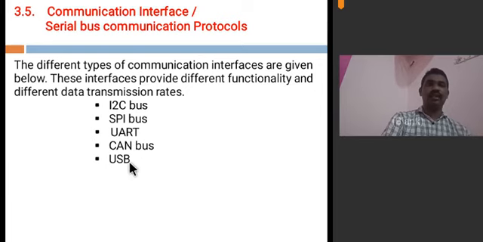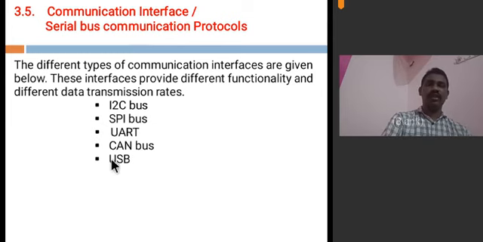Next, coming to USB, Universal Serial Bus. This Universal Serial Bus is also a serial communication protocol in order to transfer data for short distances. You know, USB ports are there in your laptops and PCs. With the help of USB cables, you can transfer data from your portable devices to your personal computer, or personal computer to portable devices.